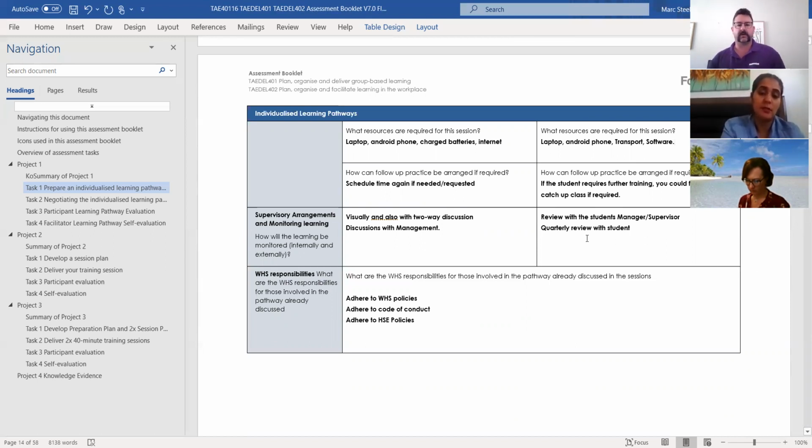Okay. I will review this with your supervisor and manager. I've written here a quarterly review, to see how you're traveling in 3 months, how you're using it, and to ask what your thoughts are on it. Do you see a benefit of it, or do you think it's a waste of time? So what are your thoughts there?